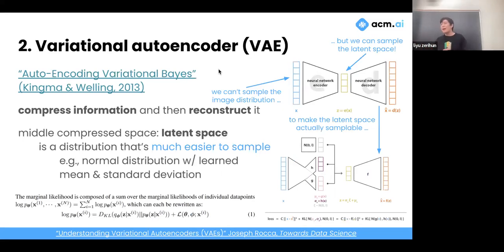Then, with that in mind, I want to talk about the very first thing that we're going to be talking about today for generative vision, which is something called a variational autoencoder. To talk about what a variational autoencoder is, we have to talk about what an autoencoder is in the first place. The point of an autoencoder is that we're trying to compress information and then reconstruct it. The way that it usually works is we have an encoder that takes in some input, say an image, and compresses it down to a really, really small vector.